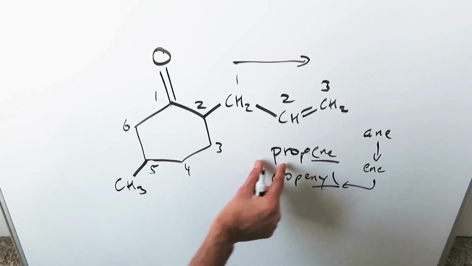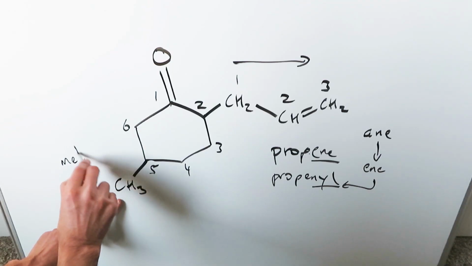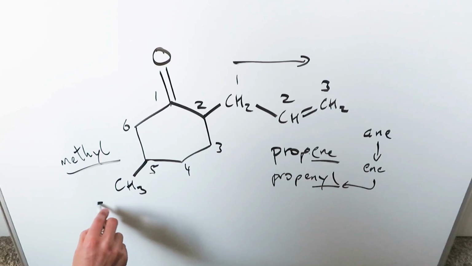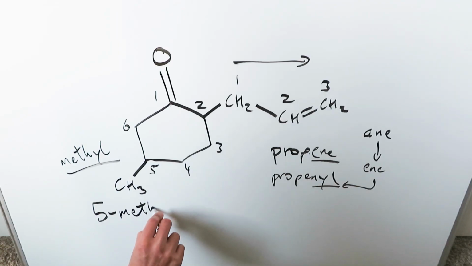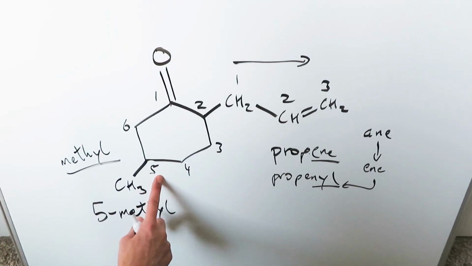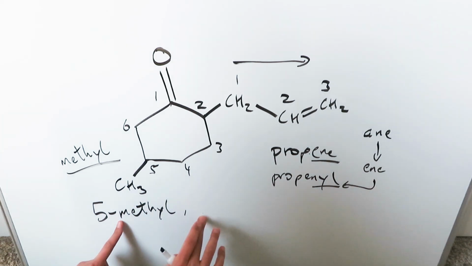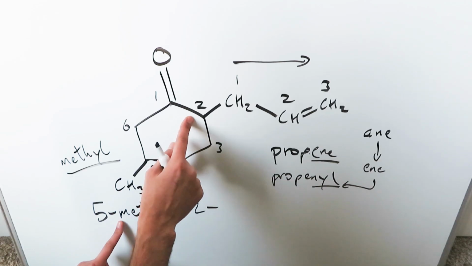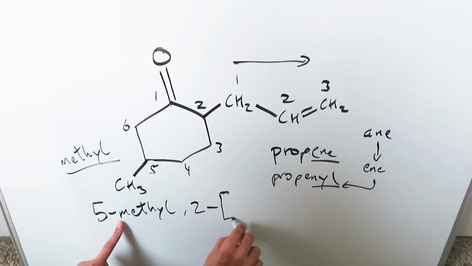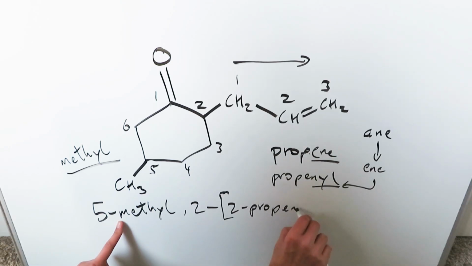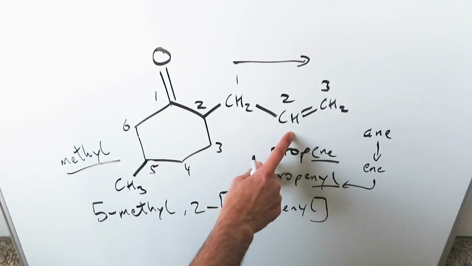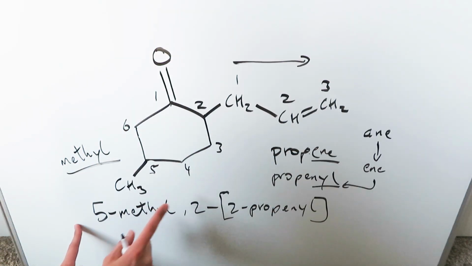Now things become clear. We're looking here at a P, we're looking here at an M for methyl. What comes first alphabetically? M comes first. So we'll number this and we'll name it as this. We have 5-methyl. You will start with this because the methyl group is attached on carbon 5, but alphabetically M comes before. And then I'm going to put here a number 2 with a dash. Number 2 carbon of the cyclohexane ring is holding a certain item. What is that item? Well, we'll say it's 2-propenyl. Why am I saying 2-propenyl? Because one of these 2's represents this carbon, but the other 2 represents the carbon which is holding the alkene functionality. We have 5-methyl,